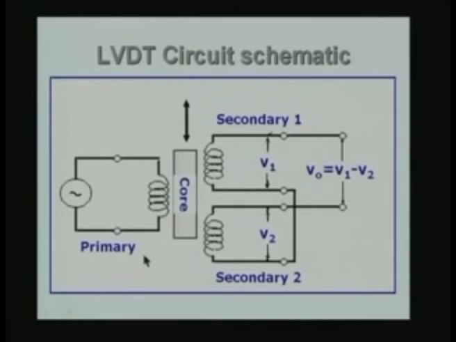So, LVDT, how does it work? We can just show it schematically. We have a primary coil and this is driven by an AC voltage which is usually several kilohertz and maybe a few volts, 2 to 3 volts peak to peak, and maybe 4 to 5 kilohertz the frequency. It is a sine wave which is going to drive the primary, and the core is shown here as moving up and down, and there are two coils which we indicated earlier. This is the secondary coil 1 and this is secondary coil 2, and the two are going to generate voltages proportional to the input voltage.